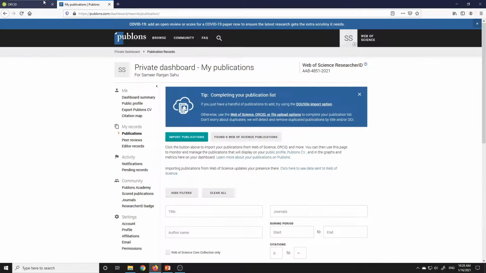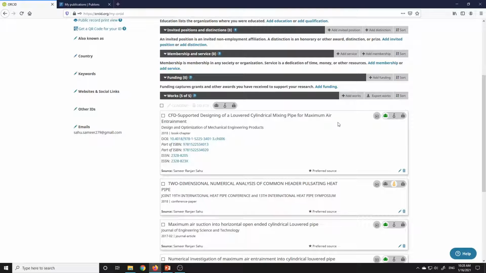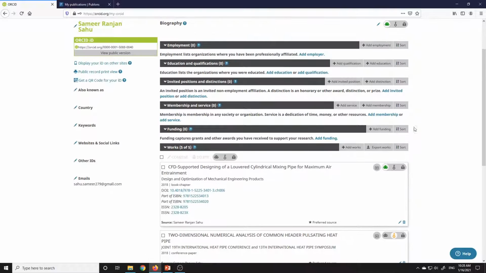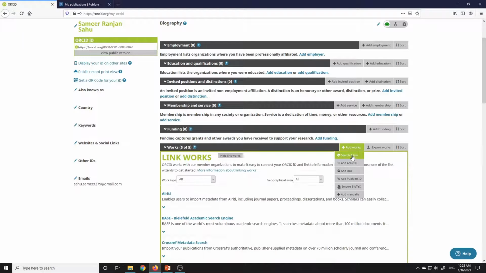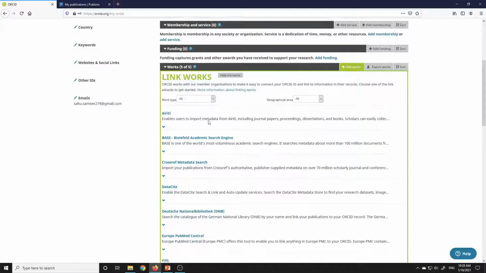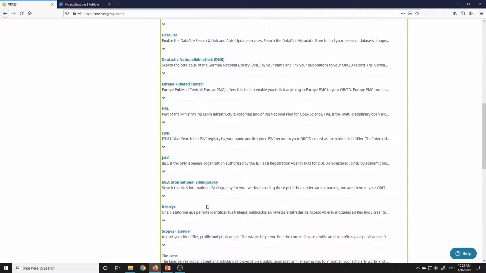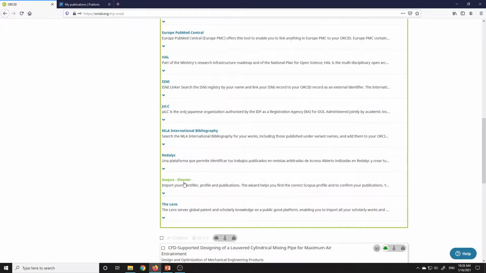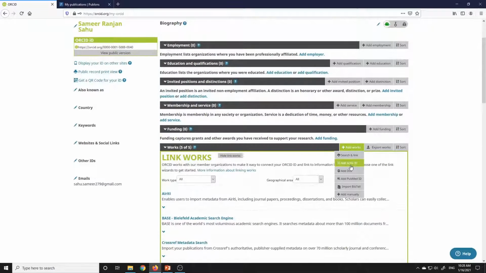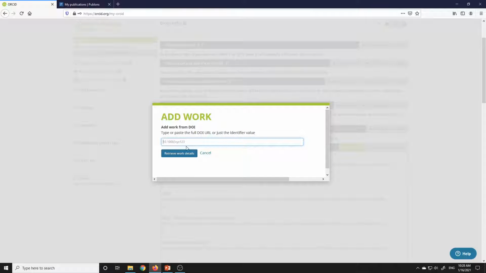Now how can you add here? It is very simple. See, works. Go to add, search and link, or if you have any link among these, you can directly search from them: Scopus, Elsevier, everything. Otherwise, if you have a DOI, just enter the DOI and retrieve.